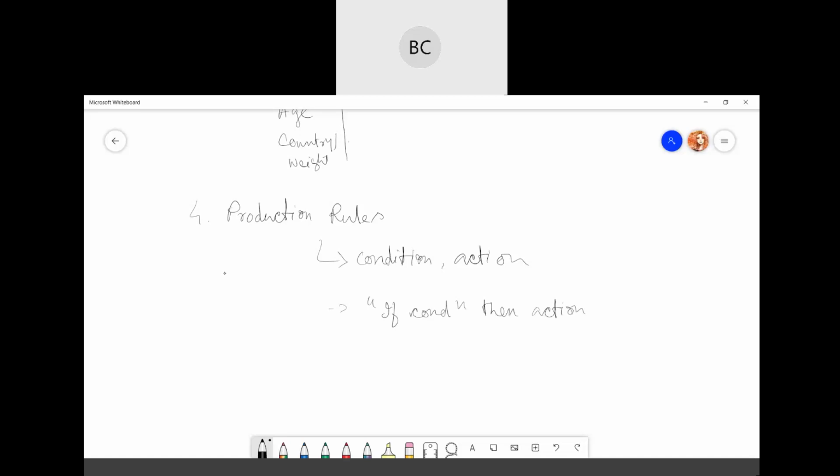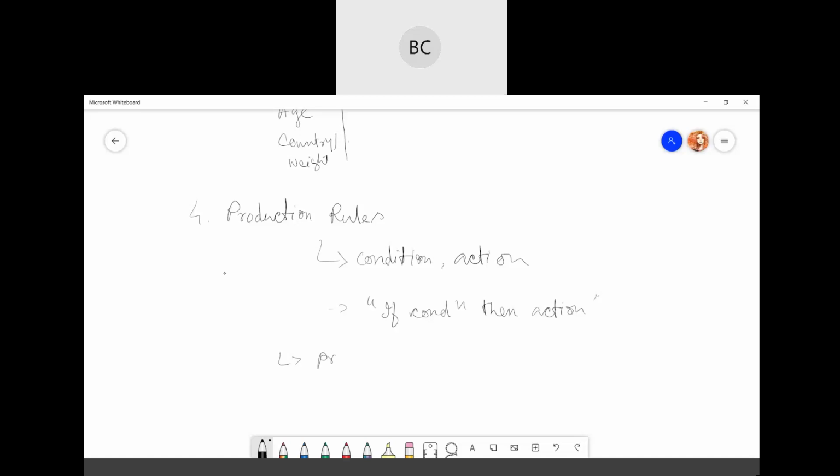If it satisfies the condition, then take the action. The whole thing will have three parts: a set of production rules, a working memory, and the recognize-act cycle.